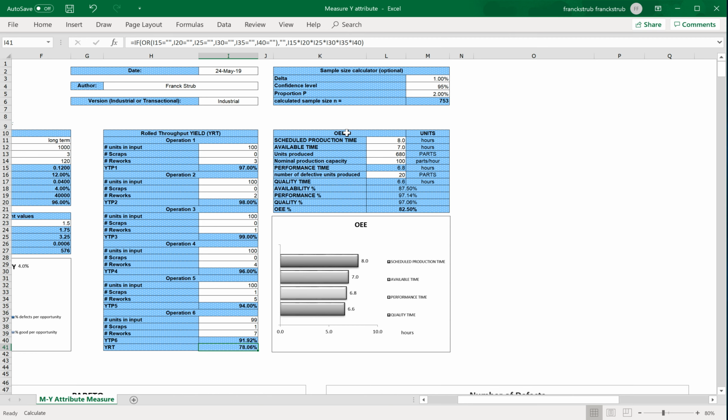If you want to calculate OEE, or overall equipment effectiveness ratio, you will have to enter a scheduled production time, available time for production, how many units you produced, what is the expected nominal production capacity of your process in parts per hour, and last thing you will need to enter the number of defective units that you have produced.